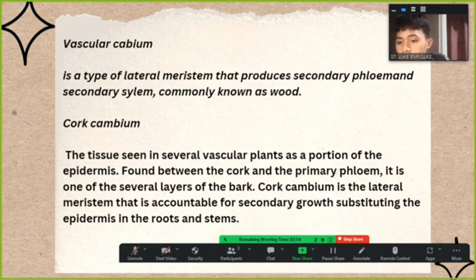Cork cambium is a plant tissue that is part of a plant's outer covering, or periderm. The cork cambium definition states that it is the single layer of cells that produces cork and phelloderm cells. It is found in the stems and trunks of woody plants such as